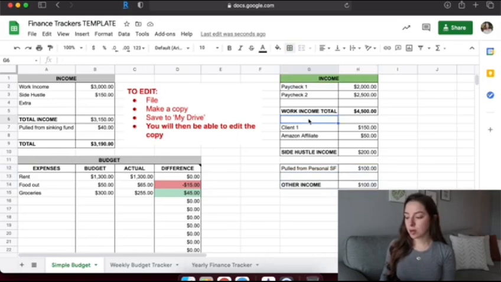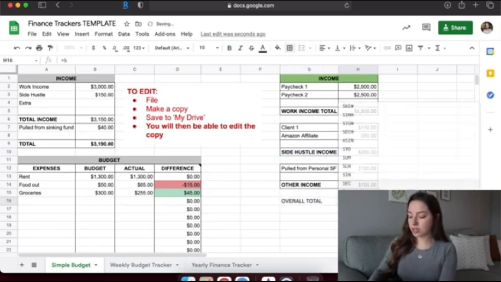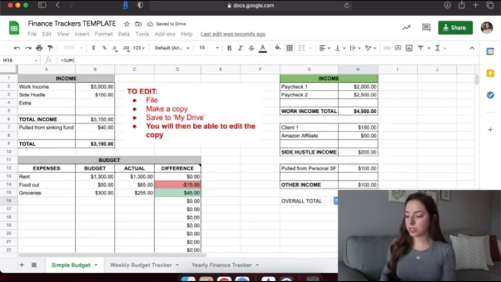You could label these at the top if you wanted to, but since it's down here at the bottom, this is your work income total, your side hustle income total, other income, and then what you can do is an overall total and take the sum, do equals sum, open parentheses, of this one, comma, side hustle income, comma, other income, and hit enter. And then again, you can bold this and put some boxes around it. Okay, so that would